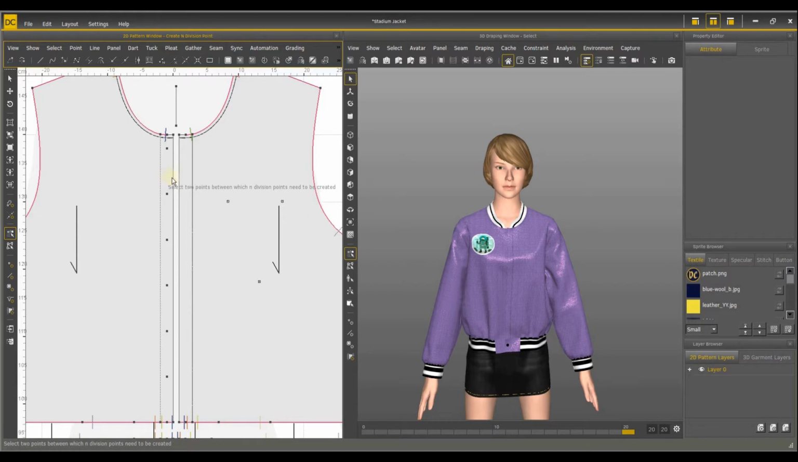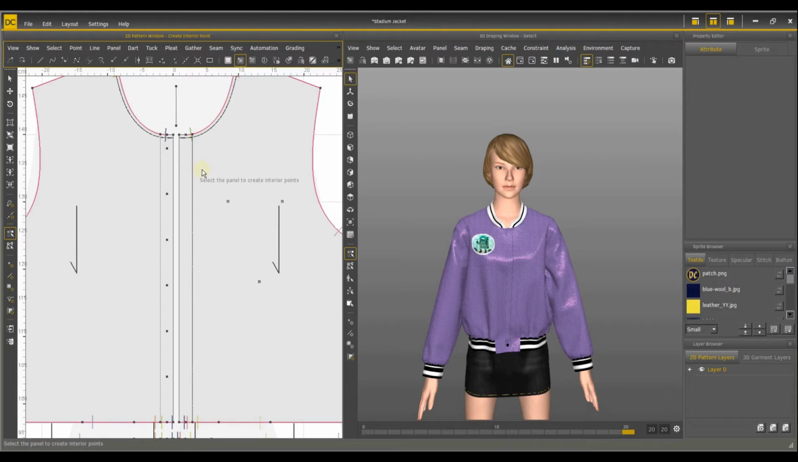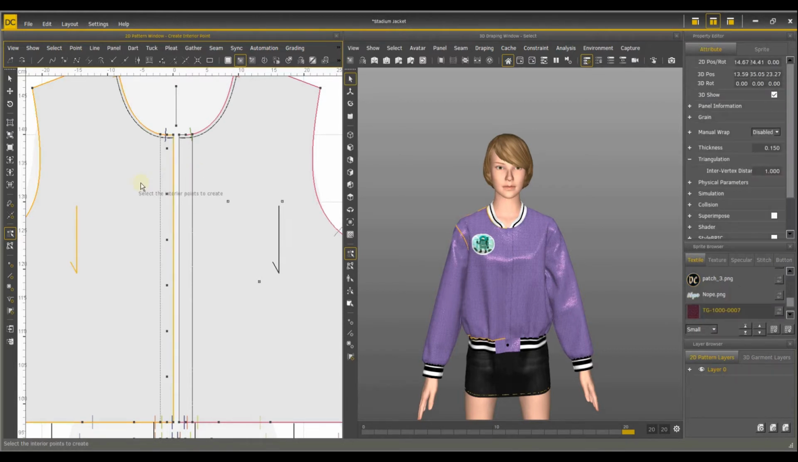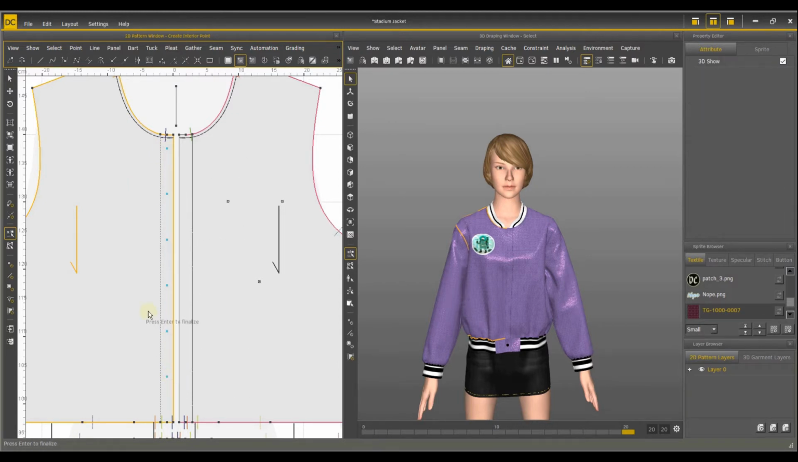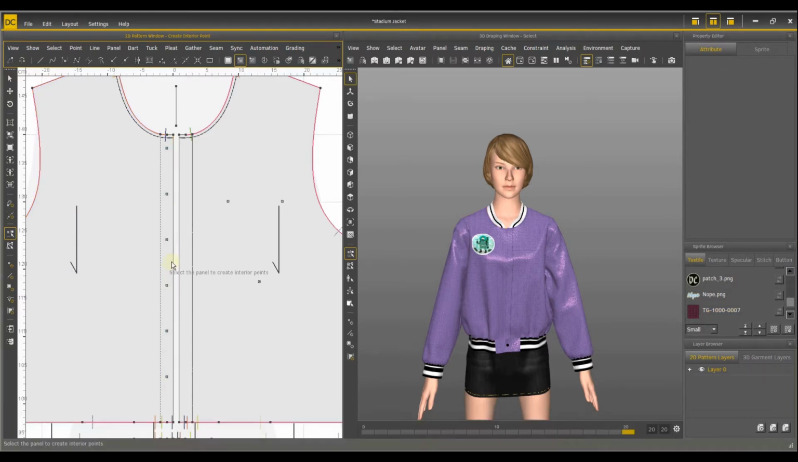Let's go to the 2D menu of Panel. Click Create Interior Point. Follow the prompts to select the panel you want to create interior points on. Select the points where we want to put the buttons and then press Enter to confirm the selections. So far, we have finished the button settings on one side, and then we have to finish the button settings